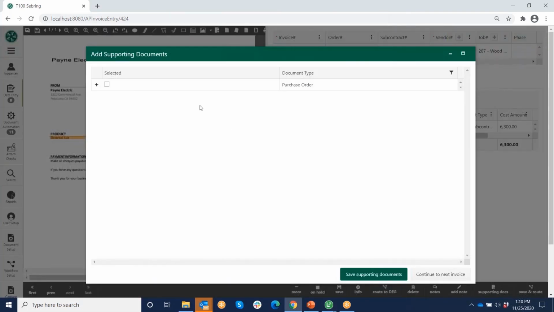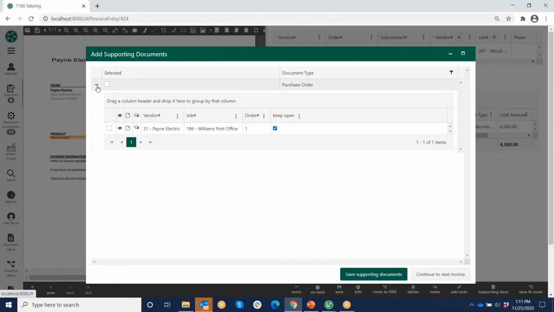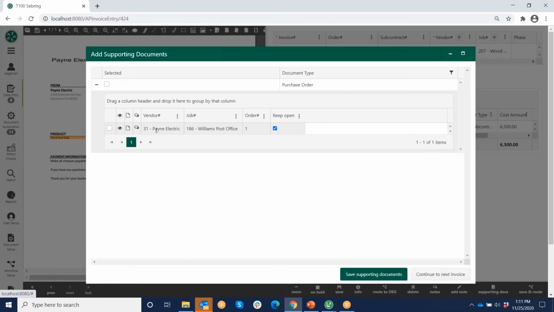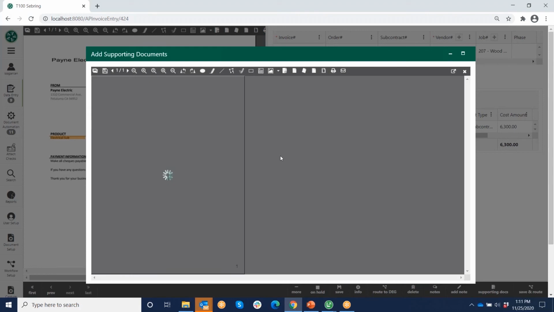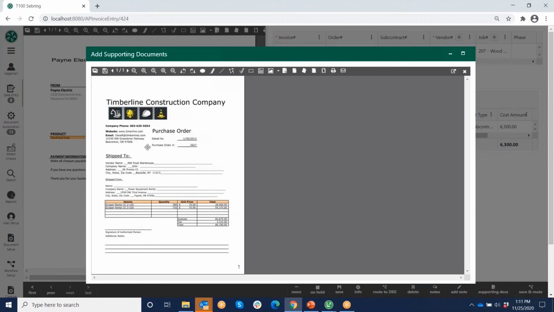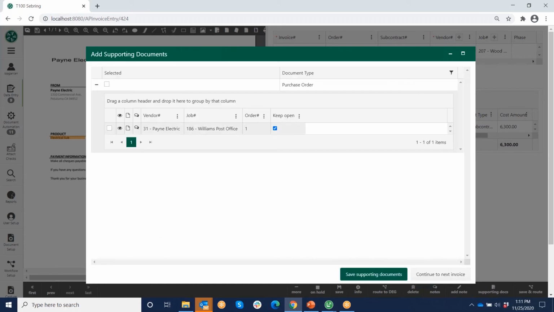And when I save this invoice, you'll notice I'm being prompted for supporting documents. So the system's going to go ahead and try to find any potential matches for supporting documents based on the information that was entered on the invoice entry. So in this case, it found a purchase order for Payne Electric. It's for this job 186. But from here, you can view the supporting document and decide if you want to attach it to this invoice. Okay, since this is for the Williams Post Office job, I'm not going to attach it in this